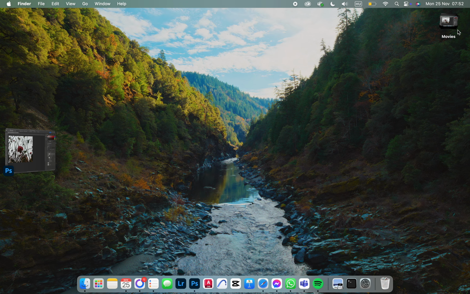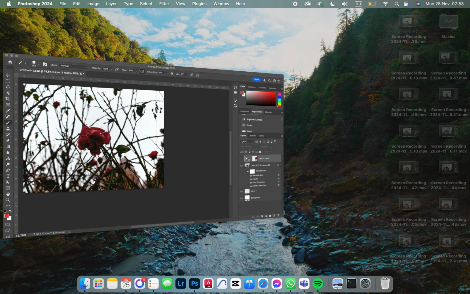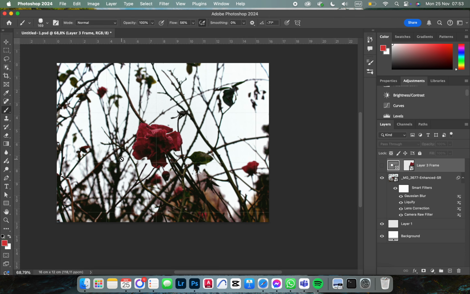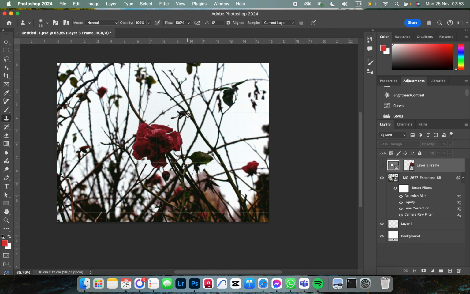Show you how to use the stamp tool in the Photoshop app. First, we have to open up the app, and here it opens up like this. From here, we just go into the left column, and here we have the clone stamp tool. We click on this,